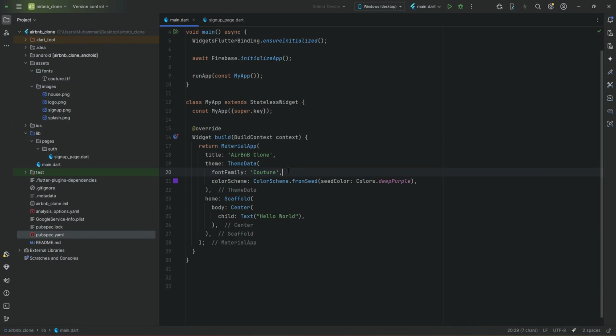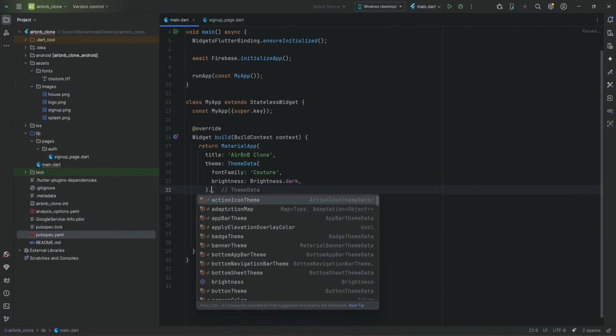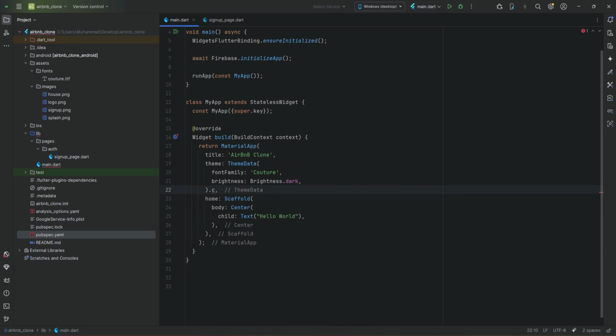So it will be by default applied on any text which you will use in this entire app. Now we want to apply a dark theme for this whole app, so you can say brightness dark. Then you can also apply some extra properties, for example the default color for the text, for the icons, etc. So for that purpose, this theme data, we say dot